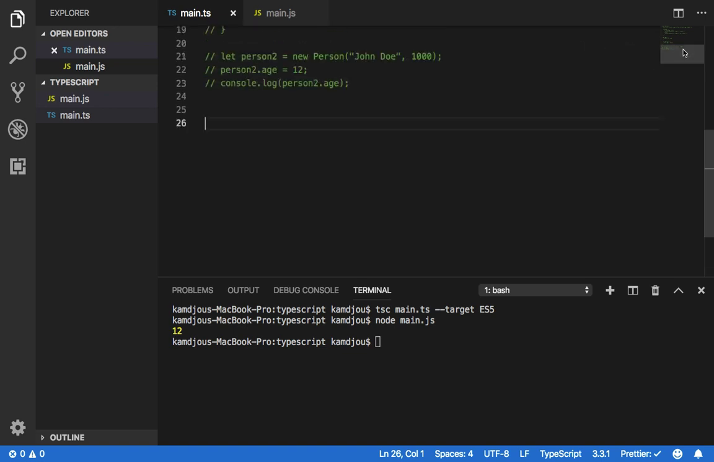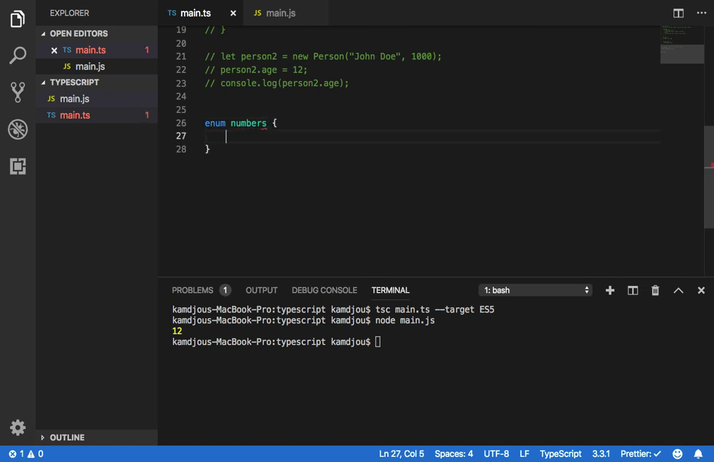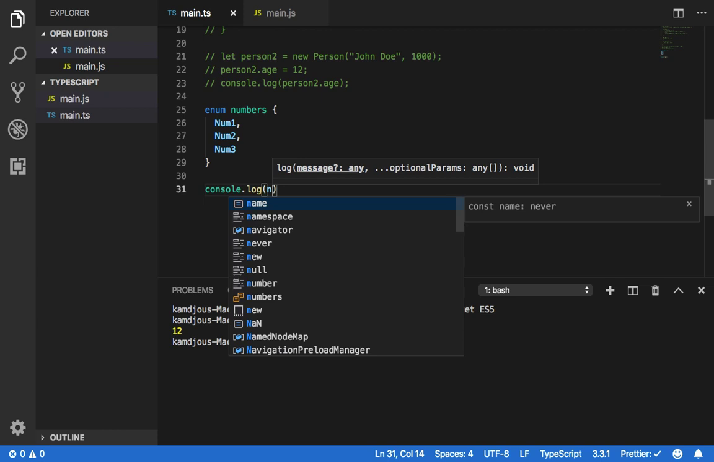Now I can come here and I say enum. Let me just call it numbers. Now in here, inside this object, I can say num1, num2, and num3. Now by default, this type of enum is going to assign 1, 2, 3 to these members for their value. If I console.log num1 here,